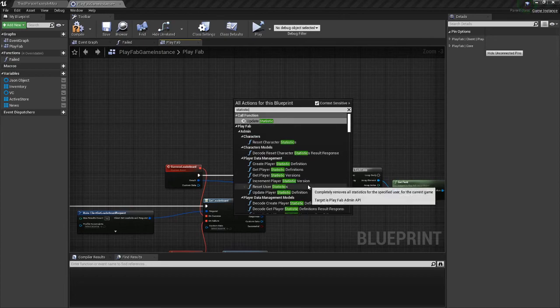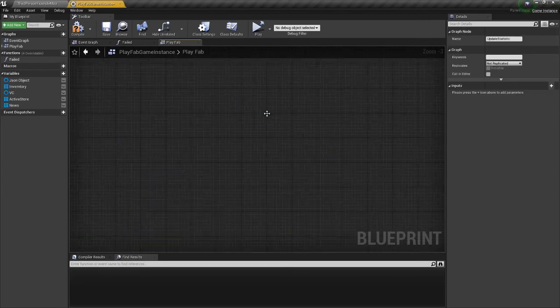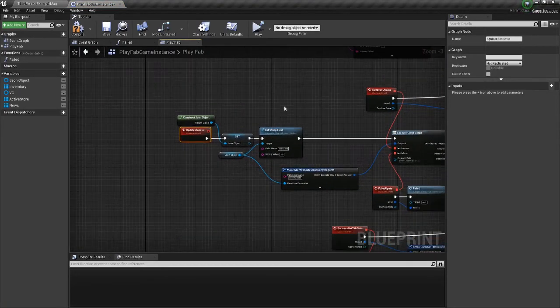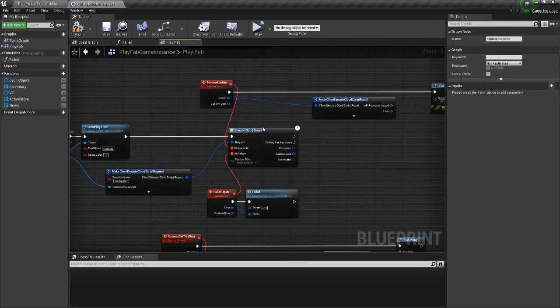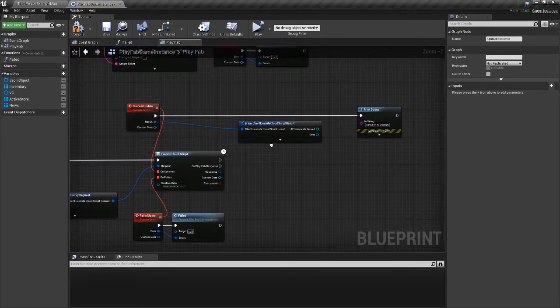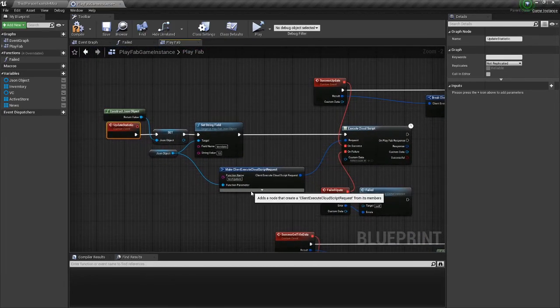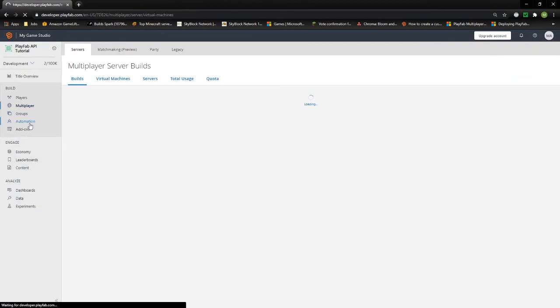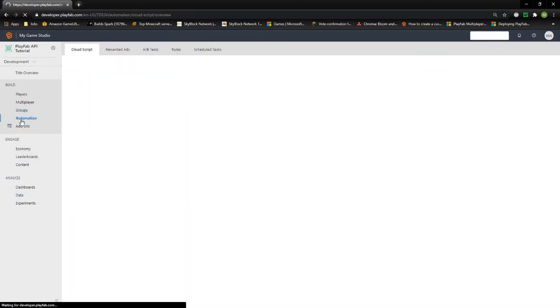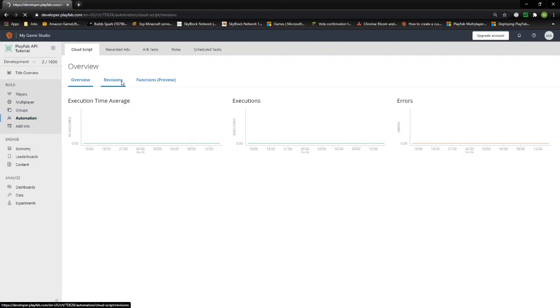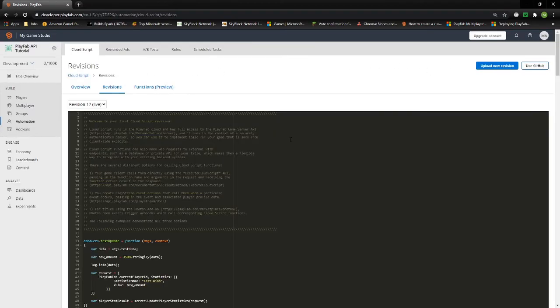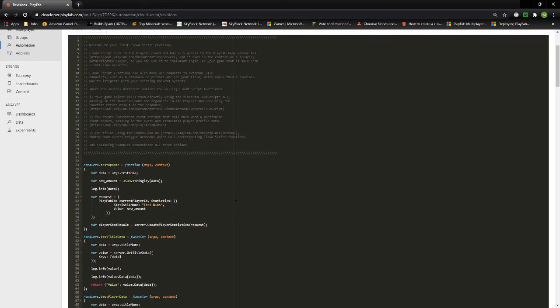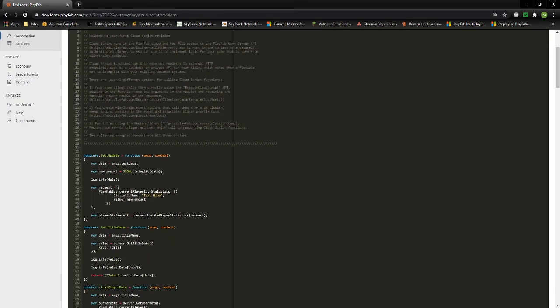statistic, and then it looks like I've already created a function actually for it from when I did it the last time. All you need to do then is just execute the CloudScript that you can create very simply. Let's just double check that that's actually in there, because that would be really handy. But all you guys need to do is just call set statistic, update the value, and there you go. And if it's getting a statistic, all you need to do is get a statistic